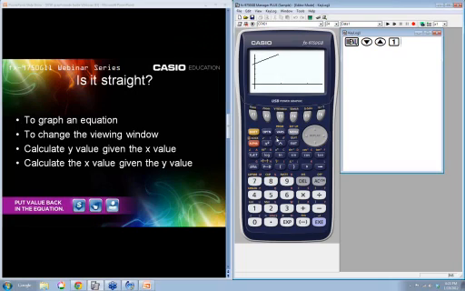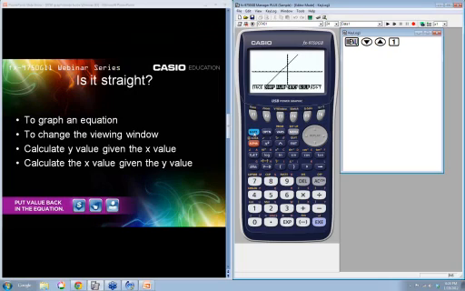I'm going to hit Shift and F3. Do you see above the F3 it says V-Window? That's view window. And I want to change my view window. So Shift and F3. And that's what it was showing. Well, no wonder. That's a mess. I want the standard 10 by 10, right? So I press standard. I press F3 because that's right under the standard. And that looks good to me. I'm going to press execute because, again, I have to tell the calculator that I'm done giving it information. It takes me back to this, and if I draw it, there's my 10 by 10.